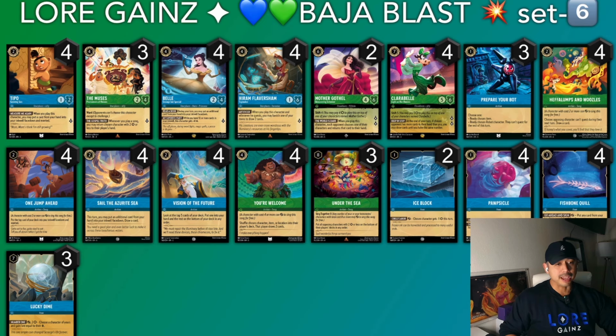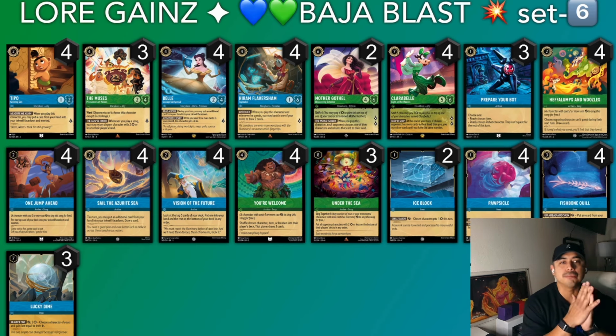The gist of this deck: empty your hand, play Clarabelle, draw a bunch of cards, find your lucky dime and your bell, win. Oh no, prepare your bot, lucky dime twice, and win. So you want to see your TPO, you want to see your ramp, and you want to see your draw engine. But the ramp is the most important because you do have quite a few draw engines, the Clarabelle and